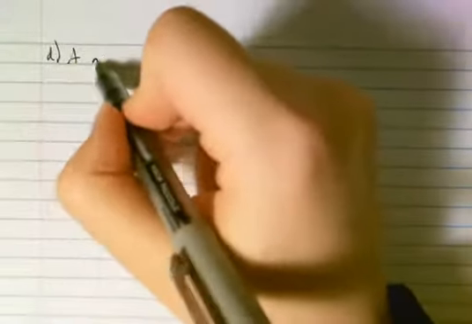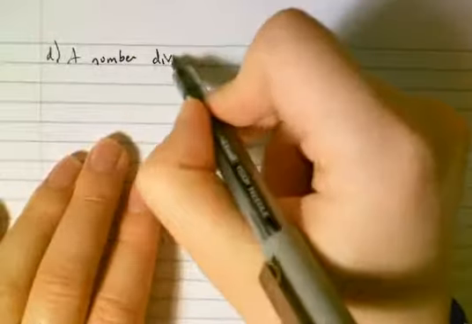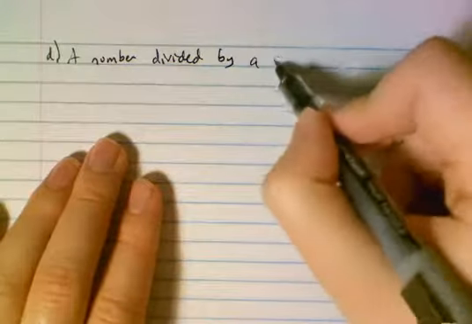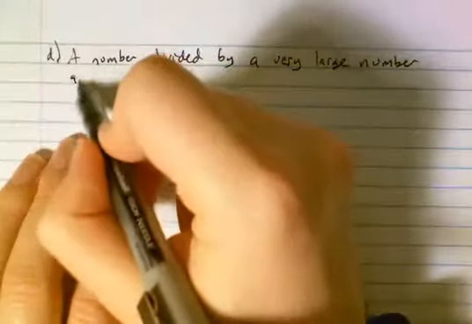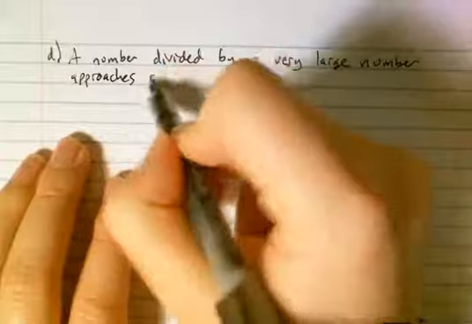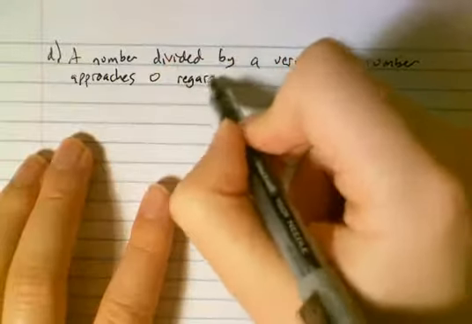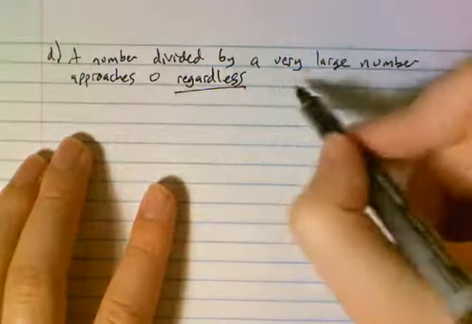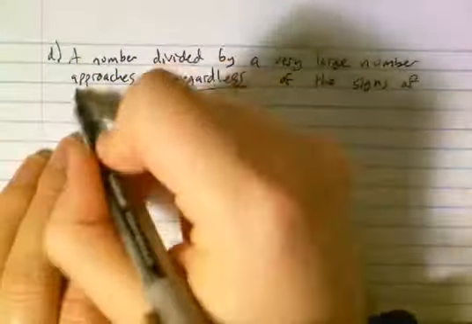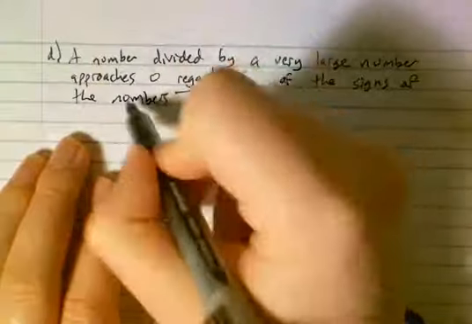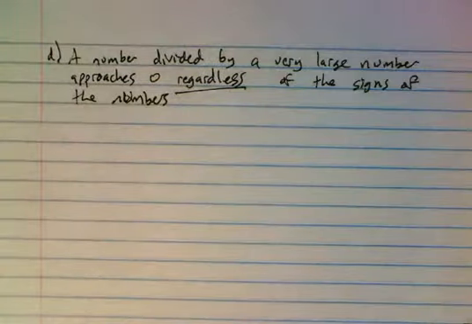And then our final one is the really critical piece for the rest of this. A number divided by a very large number approaches 0 regardless of the signs of the numbers. So where this one's going is